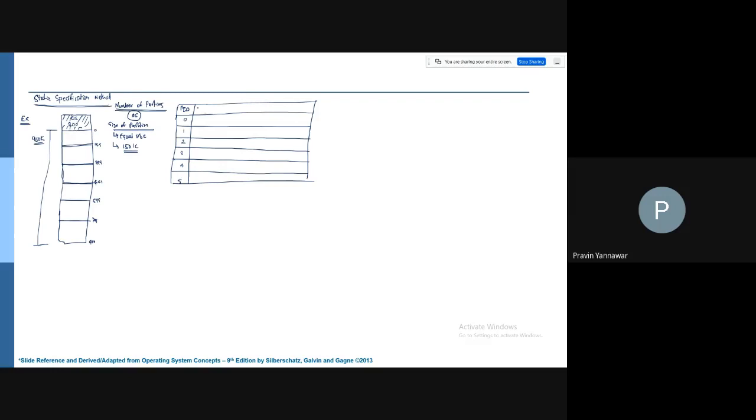Okay, so this we are going to say PS, that is PS stands for partition size, PSZ, with Z as a subscript. So this is 150 partition size, 150, 150, 150, 150, 150, 150.